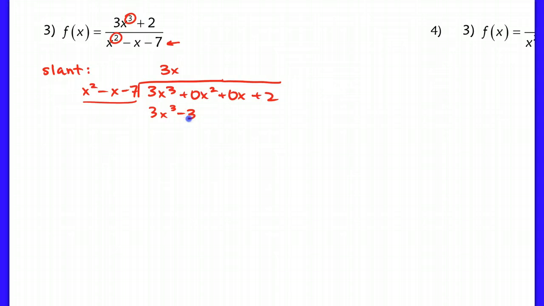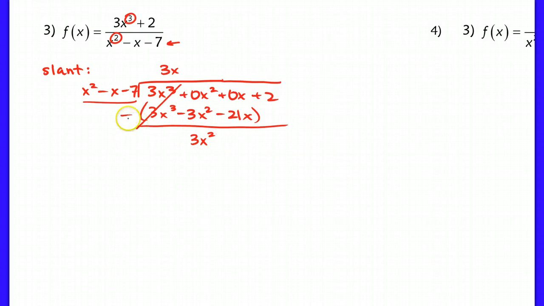cubed minus 3x squared minus 21x. And that's just, again, coming from distributing here, here, and here. Now I subtract this entire expression. These are going to cancel. I have 0x squared minus a negative 3x squared to give me a positive 3x squared. 0x minus a negative 21x is going to give me a positive 21x, and I can bring down that plus